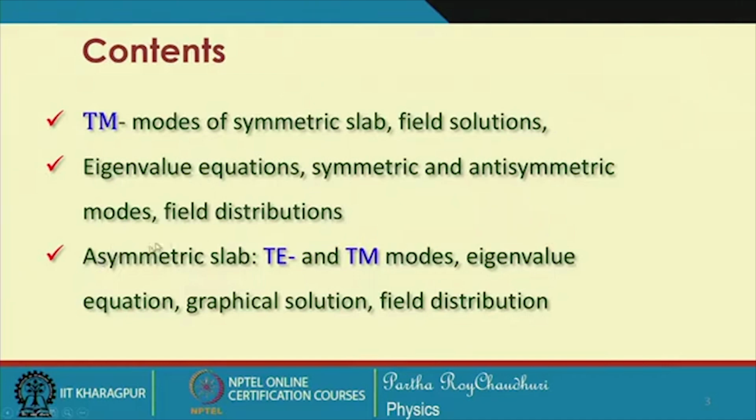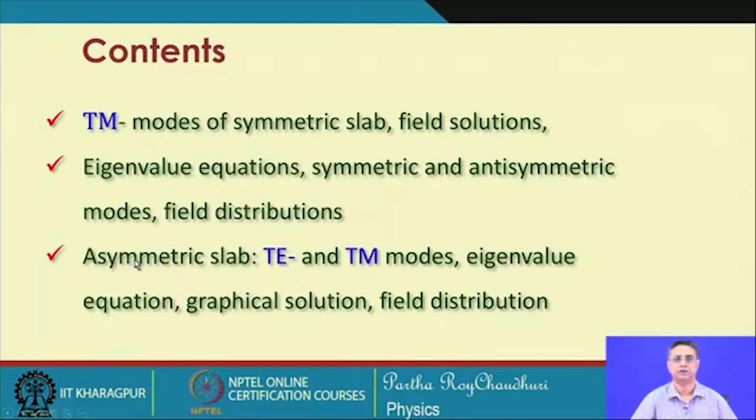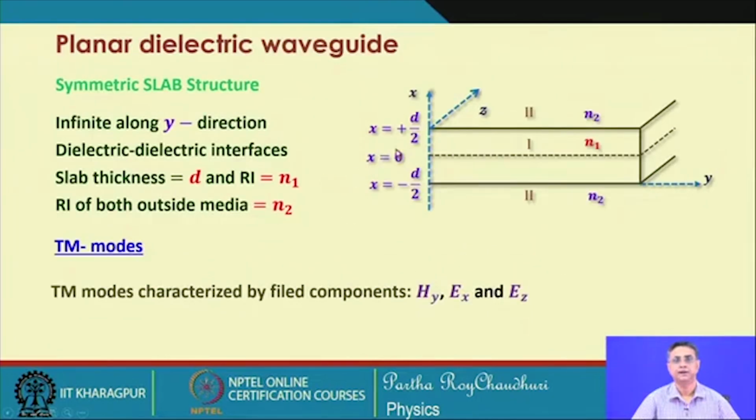Then we will switch over to another basic and very practical optical waveguide, that is an asymmetric structure, and for that we will also look at the TE and TM modes, the eigenvalue equations, look for the graphical solution, and then the field distribution. So, to do that we again consider the same planar slab waveguide structure,